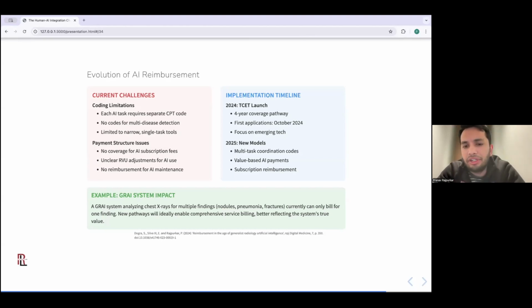There are pathways here that are emerging, including the launch of the TSET pathway and new models, including our proposed value-based AI payments, subscription reimbursements, and we'll see how this front evolves over the next year or two. But as an example, a generalist radiology AI system that even analyzes chest X-rays for multiple findings can currently only bill for one. And so new pathways will ideally have to enable this comprehensive service billing and better reflect the